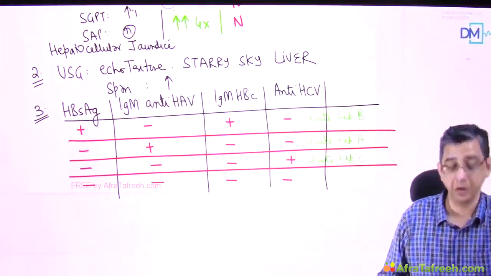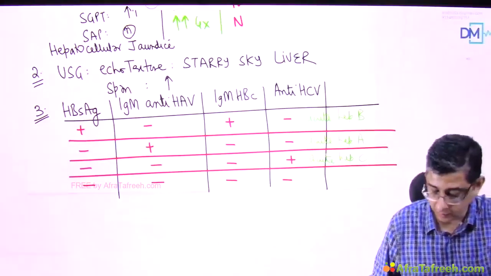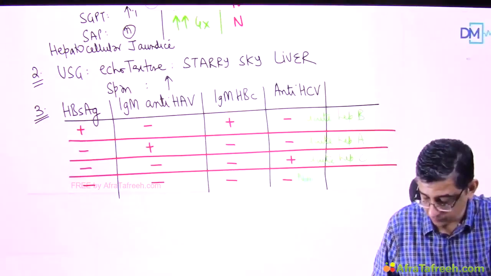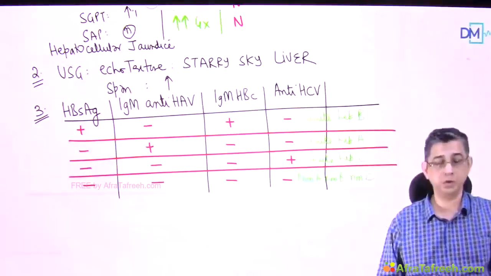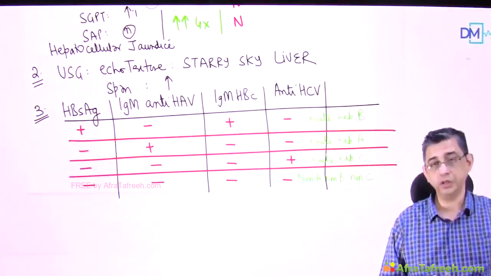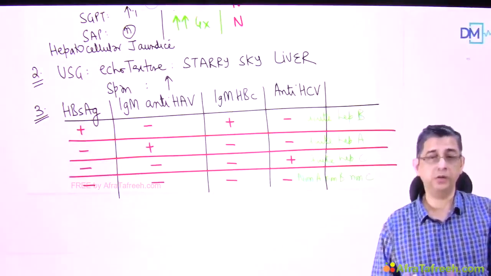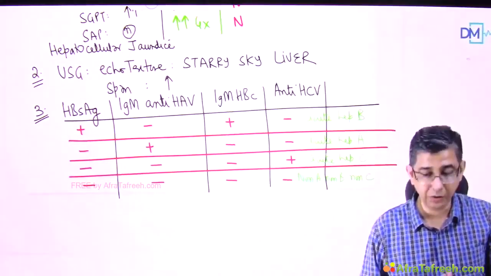All of them are negative. Then you will say that the patient is having non-A, non-B, non-C infection. Non-A, non-B, non-C means that you narrow down the diagnosis to D and E. And when it comes to comparison of D and E, you can differentiate, because if it is gonna be E,